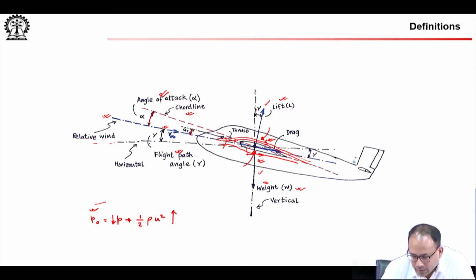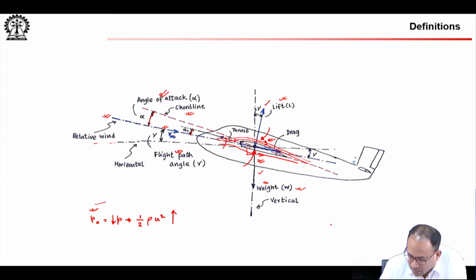These things will vary from point to point. On the top surface of the wing, velocity will vary from point to point, hence pressure will vary from point to point. Similarly, on the bottom surface, velocity will vary from location to location, and hence pressure will also vary, but on the average pressure on the lower surface will be higher than pressure on the upper surface. Because of this distribution of pressure,